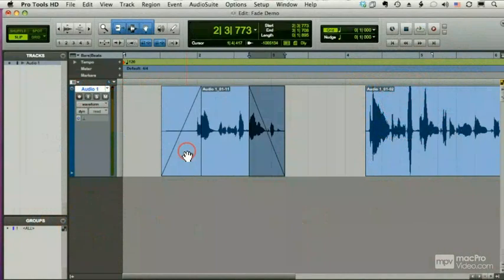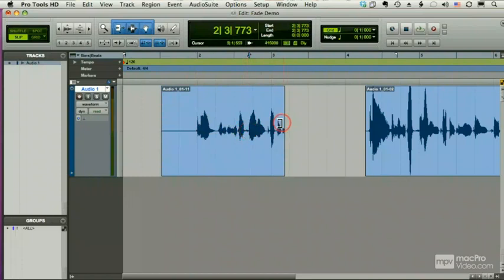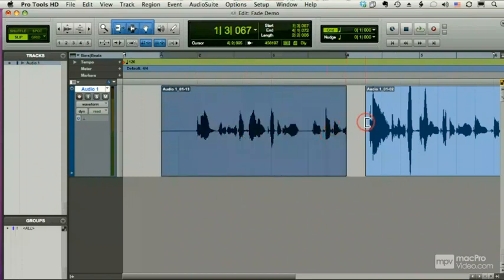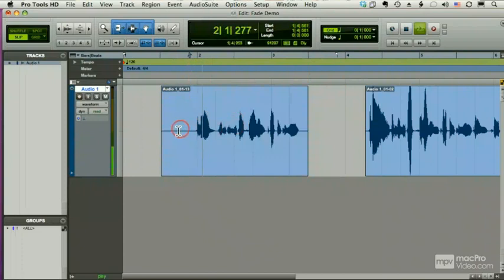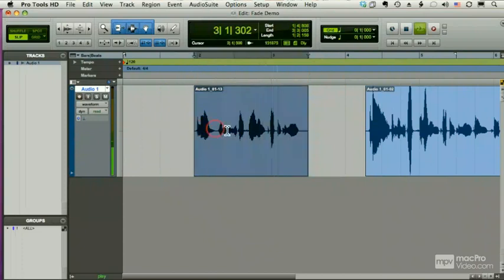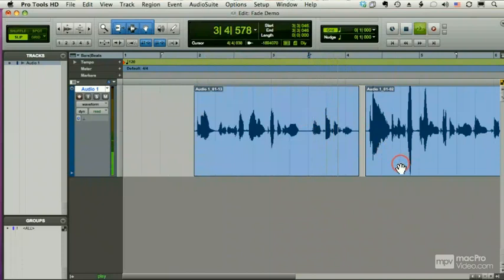Now let's talk about the third type of fade, which is a crossfade. I'm going to go back to my original file here, drag this out with the trimmer tool. Hello, this is Scott Fryman talking to you in Pro Tools. Okay, I don't really like that last "in Pro Tools", so I'm going to separate it by